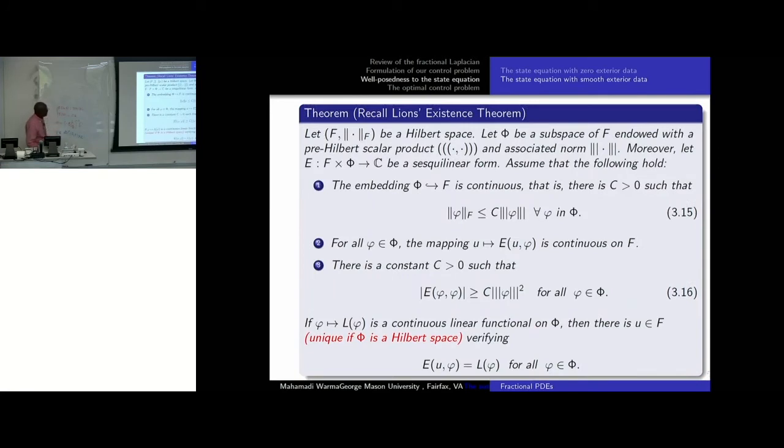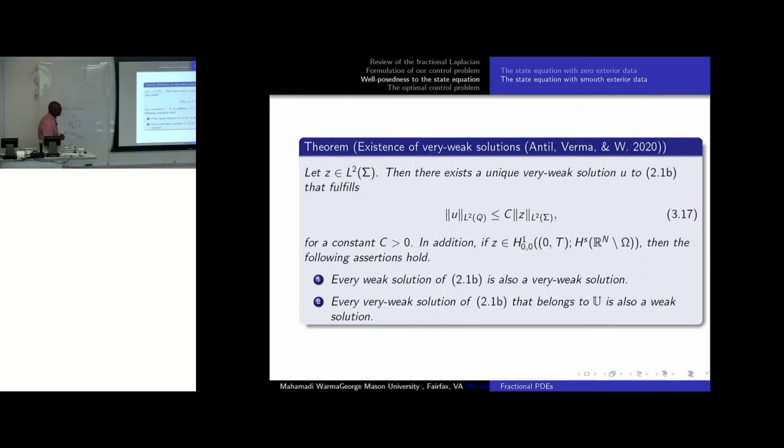Okay, then we will use the Lions theorem, I just write it here. We will use the Lions theorem like yesterday to prove the existence of very weak solutions. Like I said yesterday, the Lions theorem is not only for elliptic equations, it works for any type of equation. We can always use this as long as you have the same structure. Then, for existence, that is a paper that we had in 2020 with Abner and with Divyanshu, and he's now having a postdoc in